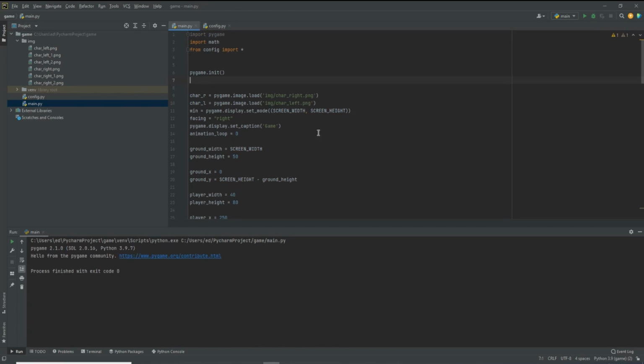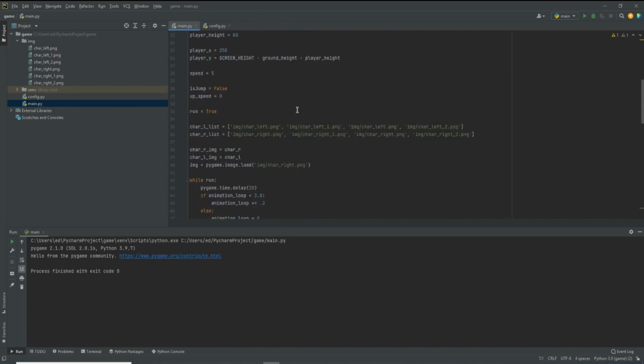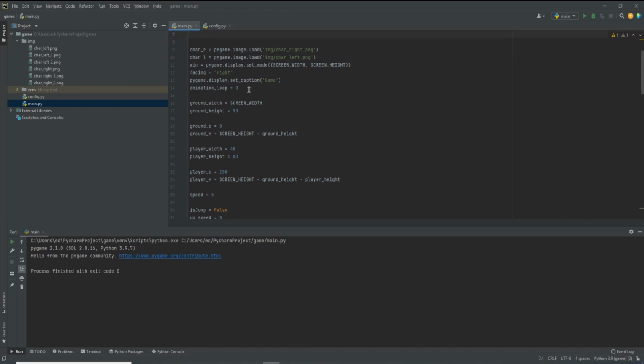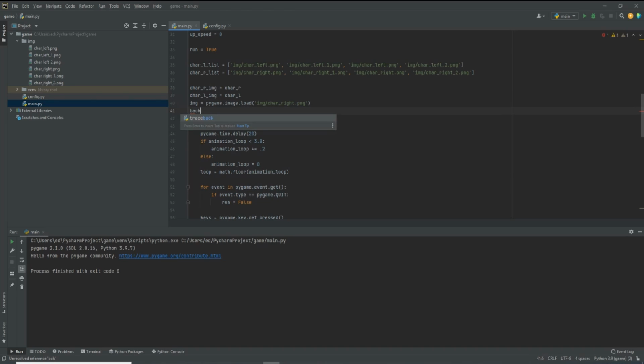Now let's go back over to the main.py, and let all the errors clear out. Since it's importing straight from the config file, we shouldn't have any issues. Okay, now we want to bring in our background image. So we're going to do background_img, and we are going to do that with pygame.image.load,